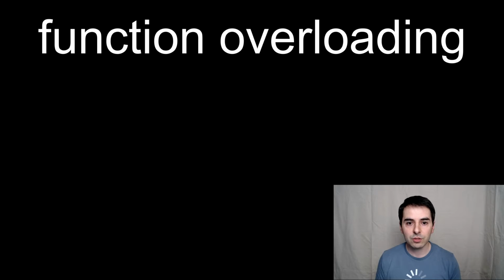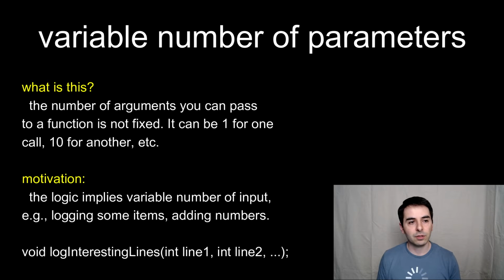And third thing I want to cover is the variable number of parameters. So most of the languages allow this or give some special keyword or syntax for defining functions which can take variable number of arguments. So let's come back to that logging example, right? If you have a function, let's say you want to include variable number of items in your log message. So you can say, for instance,